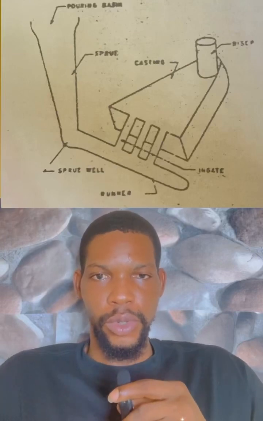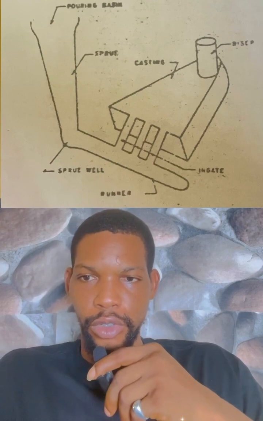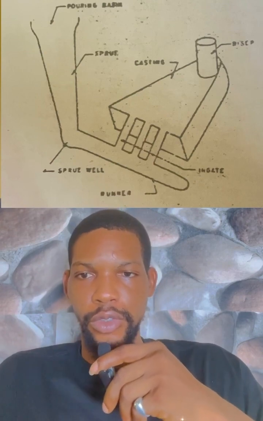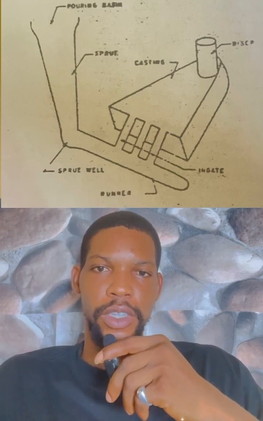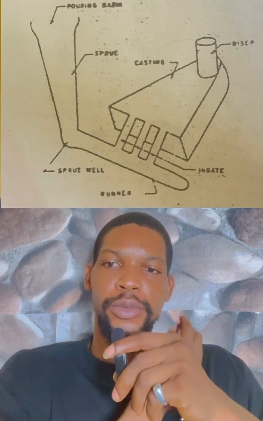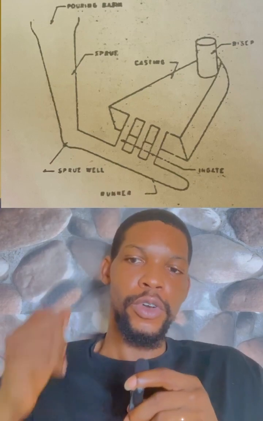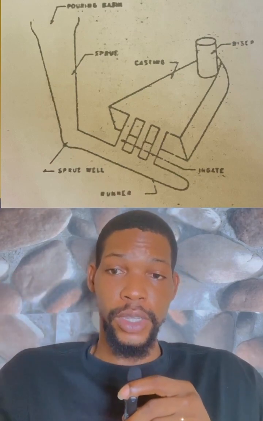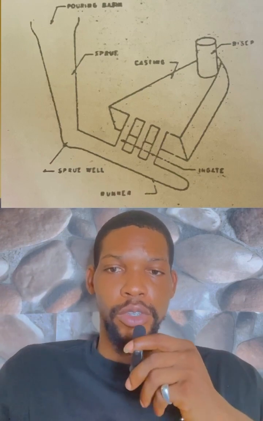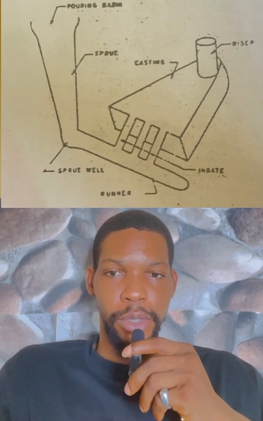The gating should be well designed, so that it avoids mold or core erosion, reduces velocity within the cavity, and avoids direct impingement on mold walls or cores. Two, the flow of molten metal into the mold cavity should occur with as little turbulence as possible, because if